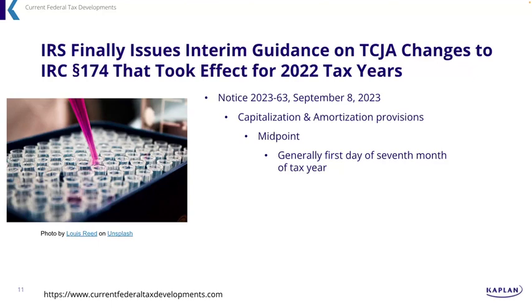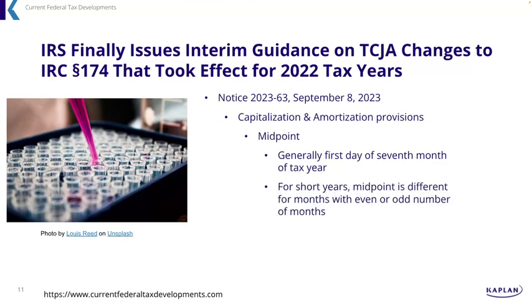Now, if you have a short year, there are different rules for odd numbers or even numbers of months. Okay. So basically, for an even numbered year, let's say there are 6 months in your year, just like we did for 12, half of it is 3. So the first 3 months don't count, but the beginning of month 4 counts. So that's how we're going to make it work.